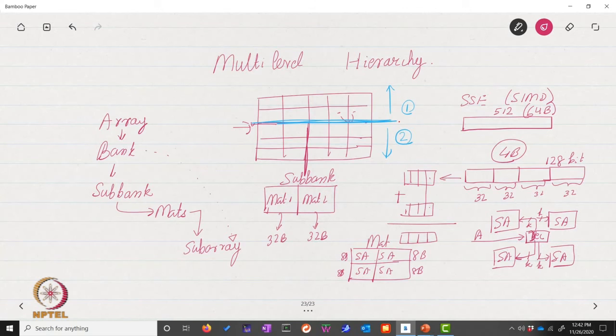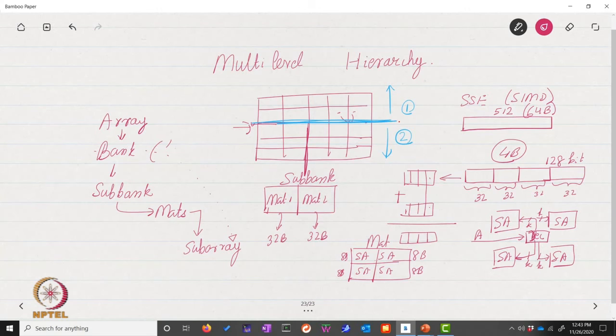So this sharing of resources, and even sharing of other circuits and buffers and so on, can be done. So the sharing of resources is something that is unique to subarrays within a mat, but resources are typically not shared between mats in the same sub-bank. Alright. So this is a complicated hierarchy we are looking at. It's not 2 levels, it is 1, 2, 3, 4, 5 levels. But different hierarchies play different roles.